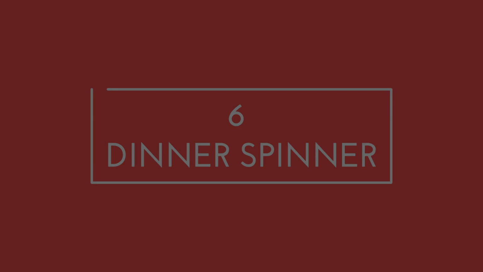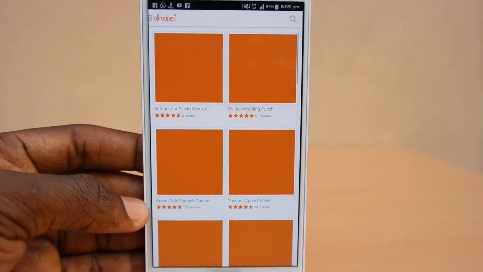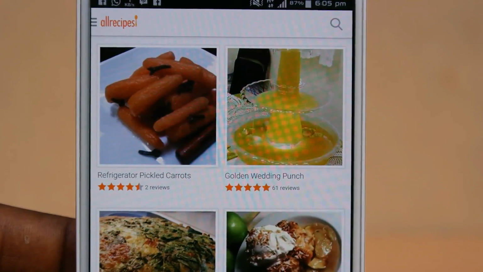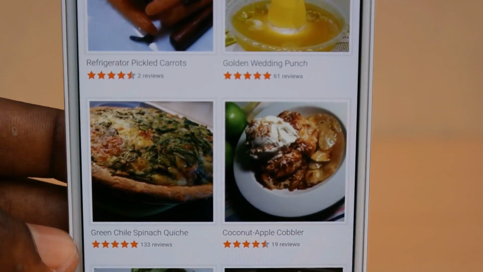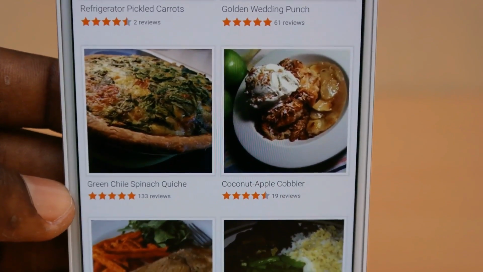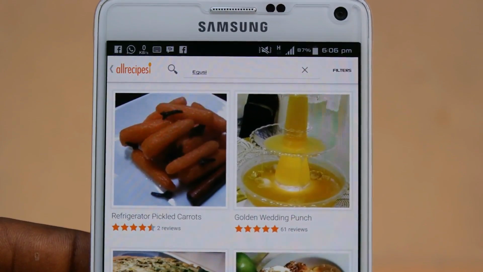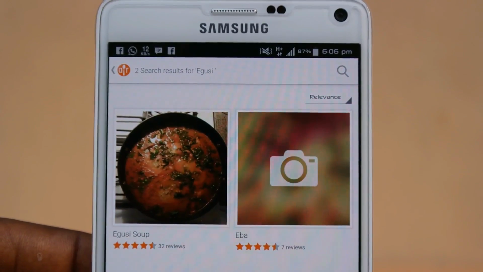At number 6 we have Pina Pina. Pina Pina is an application where you can get recipes for any food that you want, and also a detailed way on how to prepare it. With this application you'll be able to get ingredients and directions on how to prepare different meals. I was even surprised to find some of our local meals on this application with pictures, and also